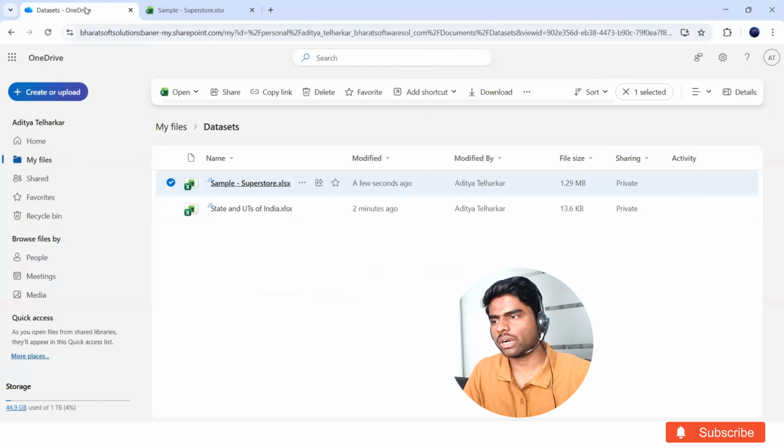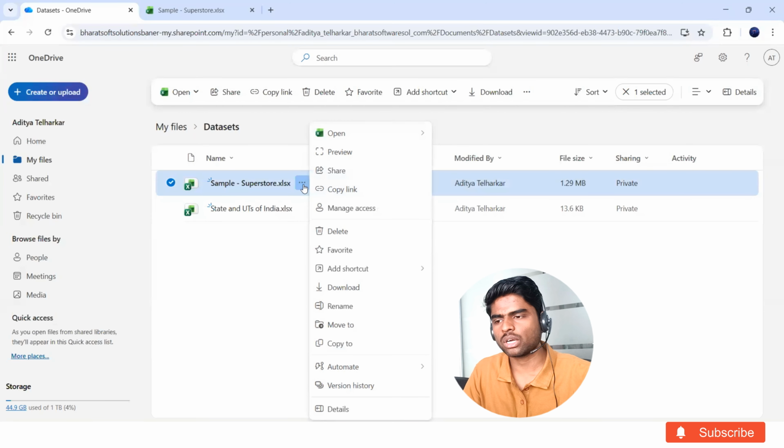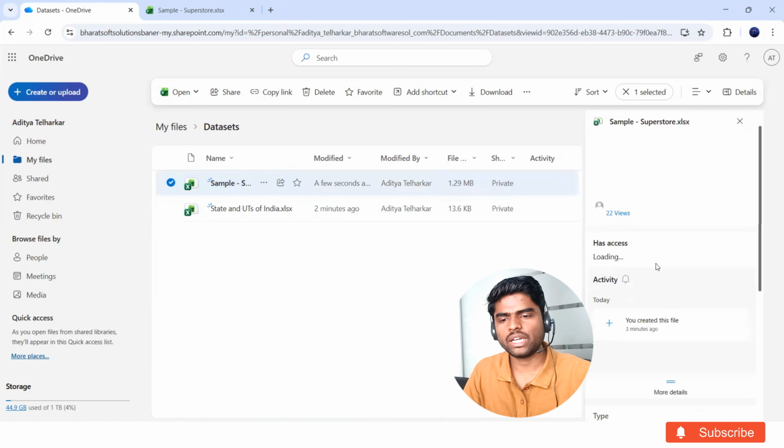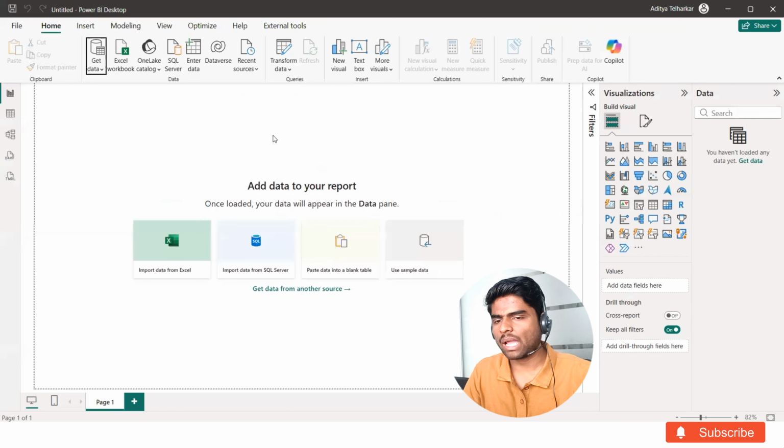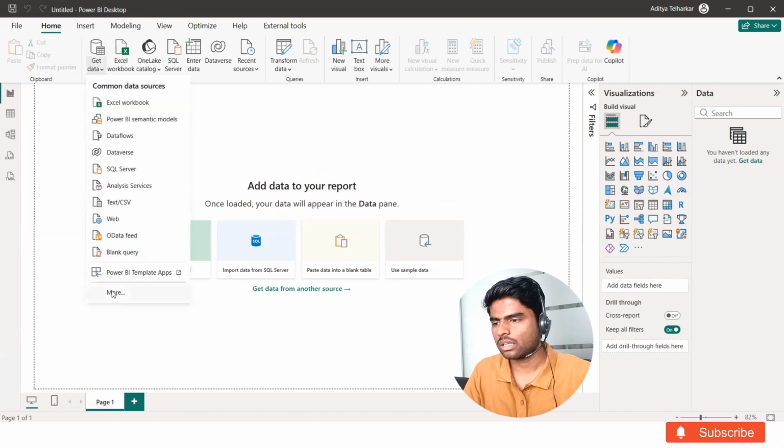Now, if I go to OneDrive again, just click on this three dot, which we are able to see in front of your file name. Click on details. You will get details related to that particular file. Copy this path and go to the blank Power BI report. Here we have not loaded any data at the moment. Now click on get data, click on more,